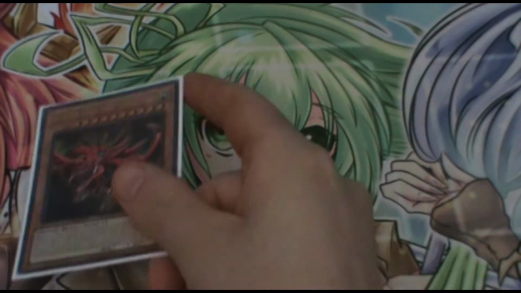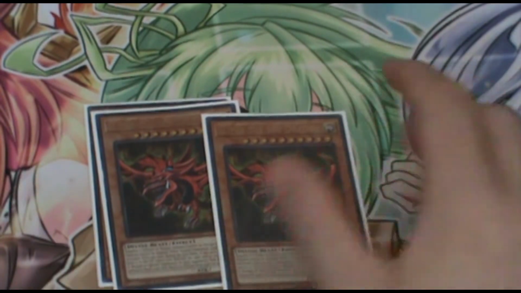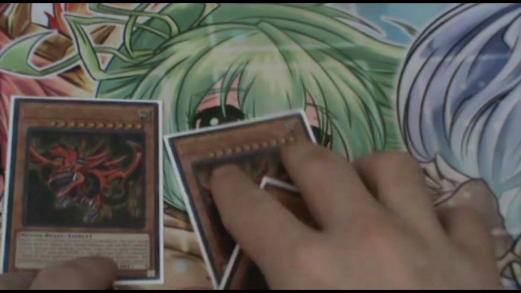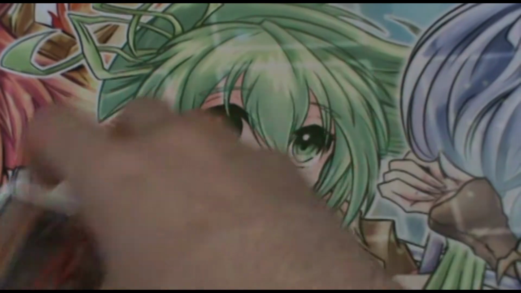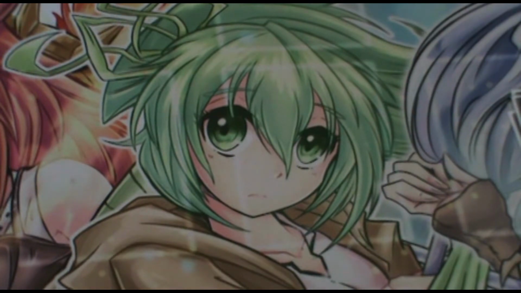But starting off, we have our main boy, triple Slifer Sky Dragon. We're not going to be playing Obelisk, we're going to be focusing on Slifer here. So, with that being said, we're going to need to get King's Court. Coming up next, we have